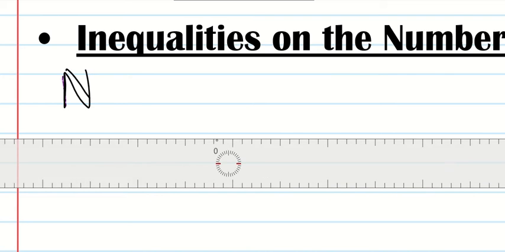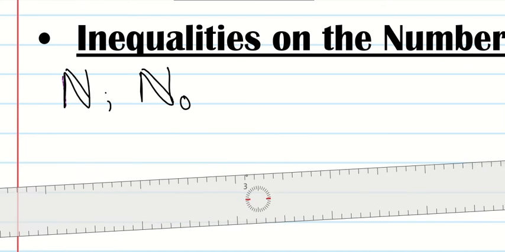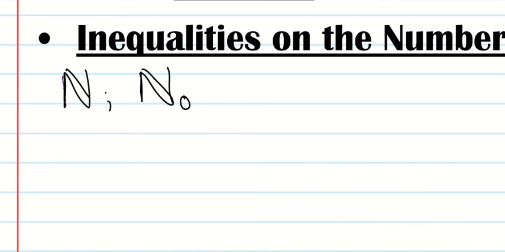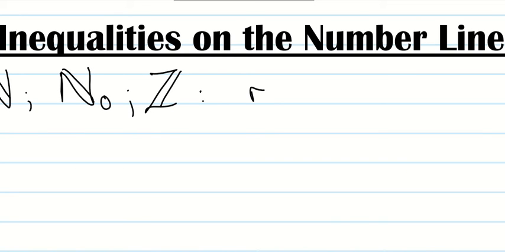Natural numbers. Okay, and then we have this one, a whole number, and then after that we have the Z, and the Z is the integers. All right, now when we represent any of these three symbols, and you can write this down, this will be represented